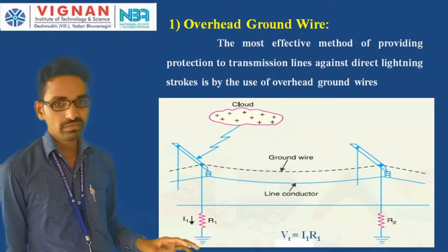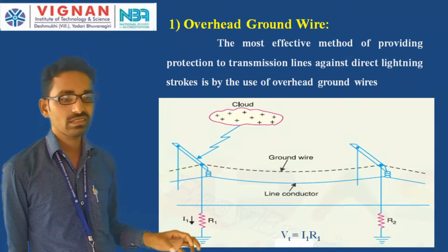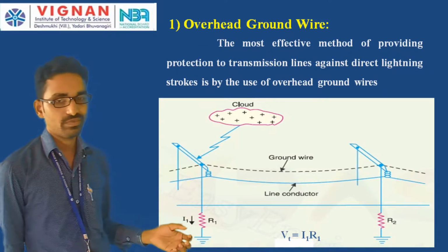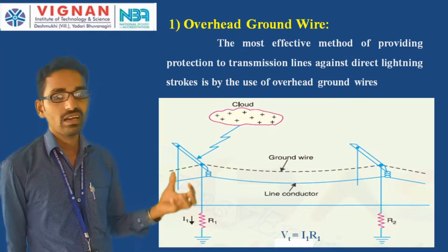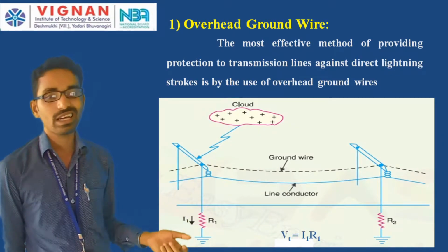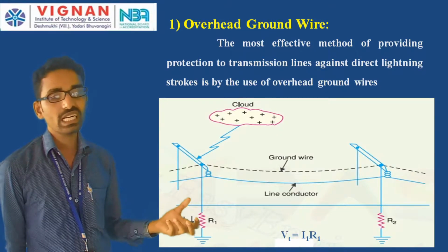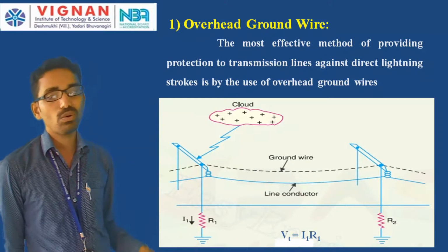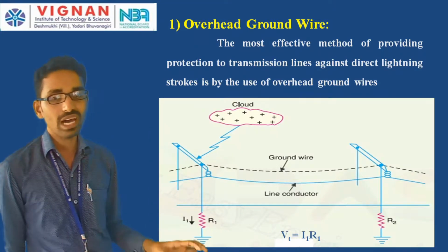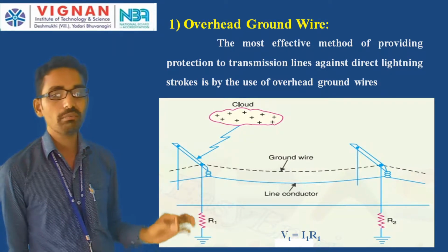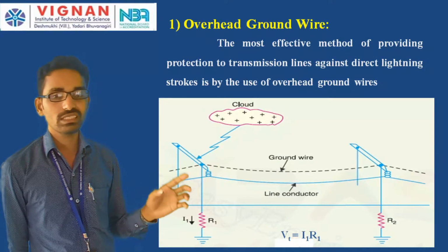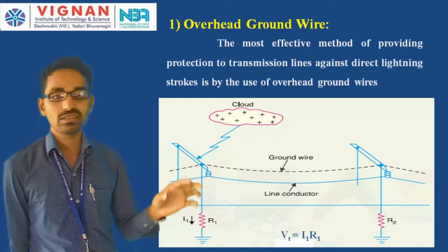Let us take the tower footing resistor R1, and we have the tower voltage. When the tower footing resistor carries the lightning current, I1 is the current produced due to the lightning. When that is transferred to the ground, a voltage is present, the tower voltage, let us take Vt. So Vt is equal to I1 into R1. You should have a minimum or low resistance path in order to send the overvoltages produced due to lightning to the earth.